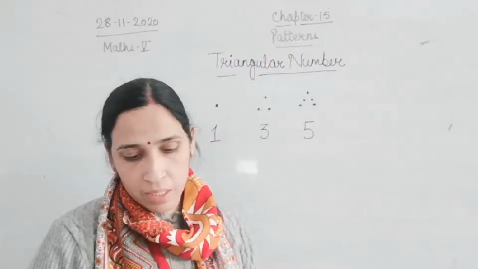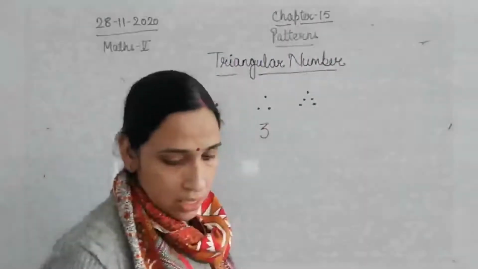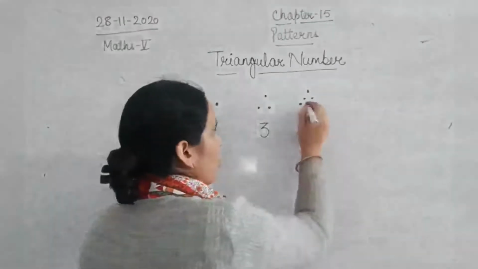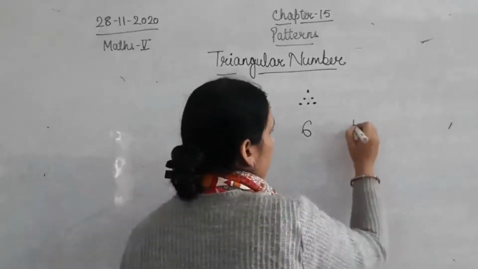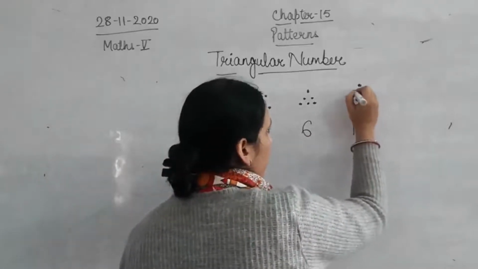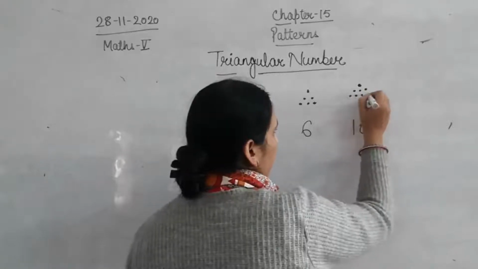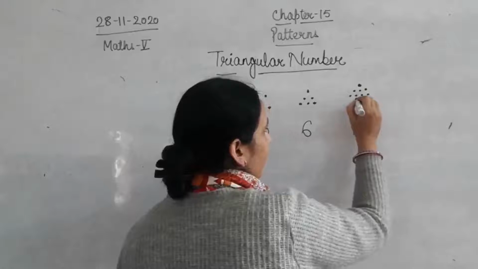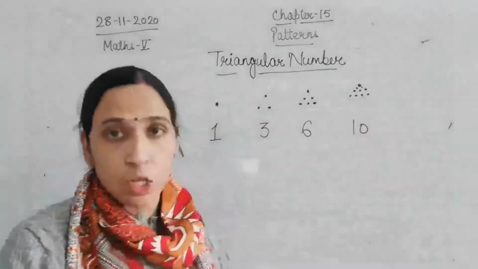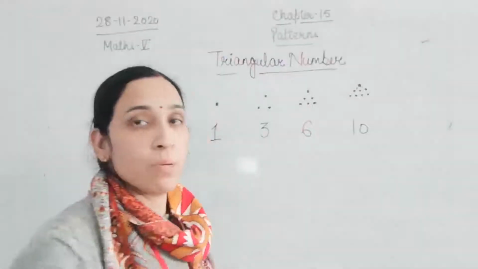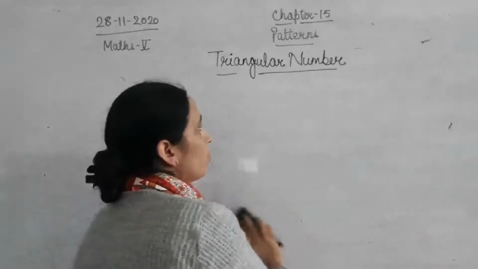So these numbers 1, 3 and then 6. The numbers which can be drawn in the form of a triangle. So that will become 6 and then we will have 10, which can be drawn in the form of a triangle. 4, 3, 7 and then these 2, so that will become 10. So those are your triangular numbers. Triangular numbers are those numbers which can be drawn in the form of a triangle.